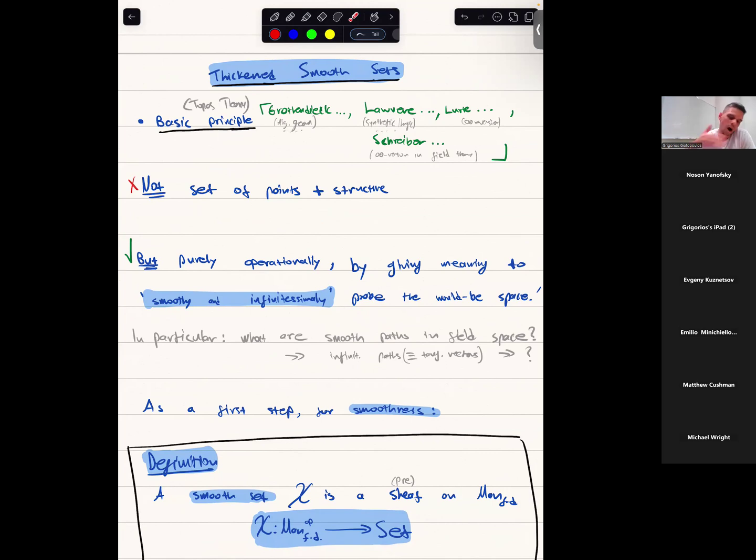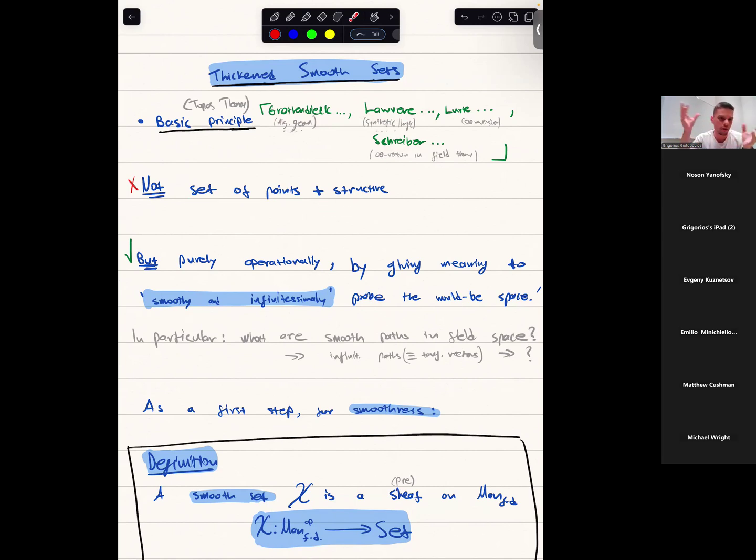And one way to interpret, let's say, my way or our way to think about the basic principle of topos theory, which goes back to Grothendieck in algebraic geometry, then Lawvere in synthetic differential geometry or logic, then Lurie, the infinity version of topoi, and Schreiber, who actually employed this in field theoretic descriptions for higher gauge fields. The basic principle, if you think about it from a sort of philosophical point of view, is to not just start discussing geometry by declaring that you have a set of points plus structure in it, i.e.,